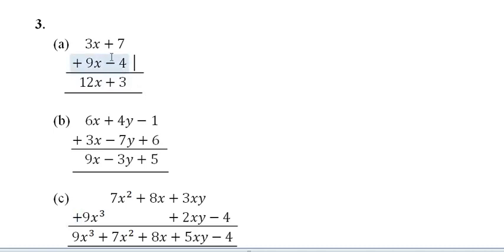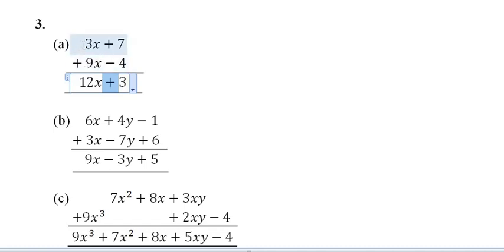So the first expression was 3x plus 7 and the other one was 9x minus 4. So this is plus here. What we will do is that we will now subtract these constants. The magnitude of the positive number is more, so we will write the plus sign here. So 7 minus 4 will be how much? It will be 3. The magnitude of the positive number is more, that is 7. So 7 is more than 4, isn't it? And the sign of the 7 is plus, hence we are writing the plus sign here.